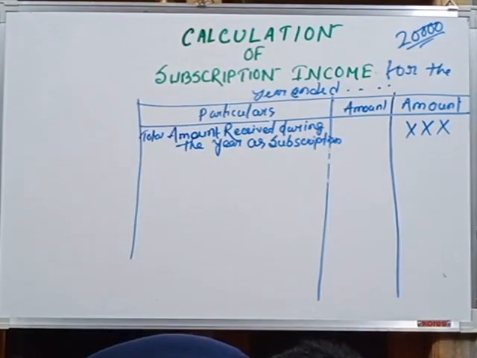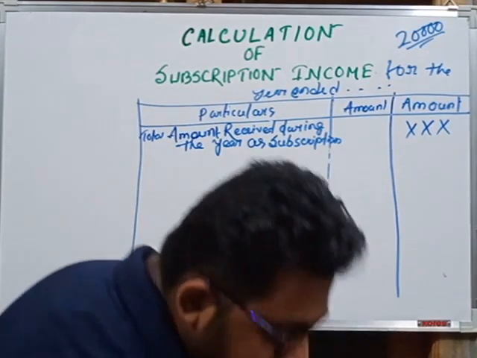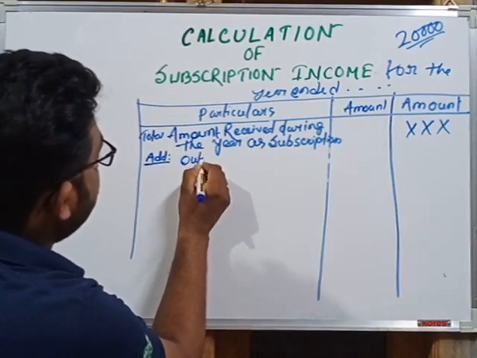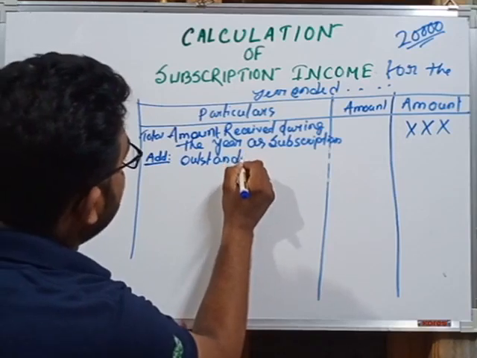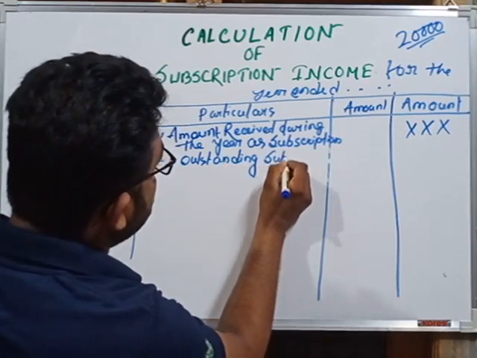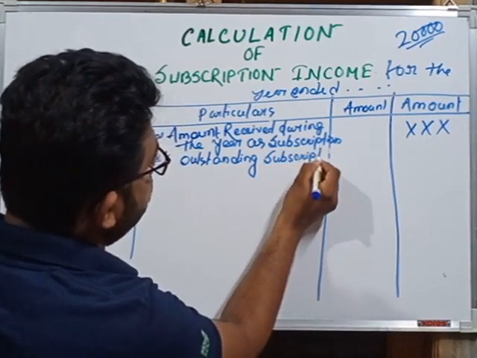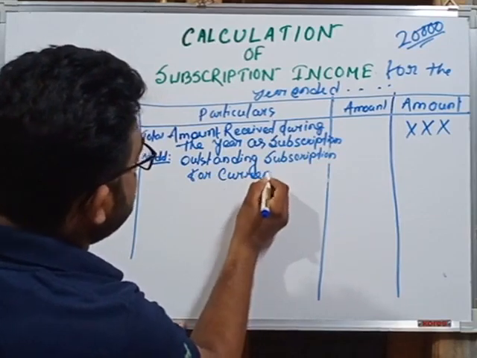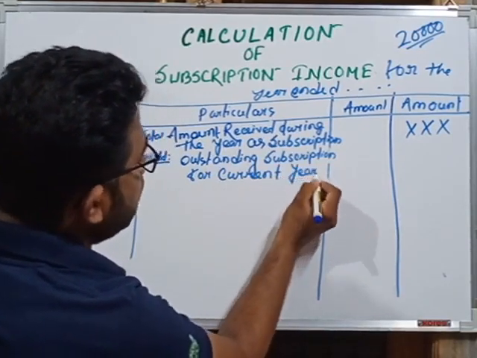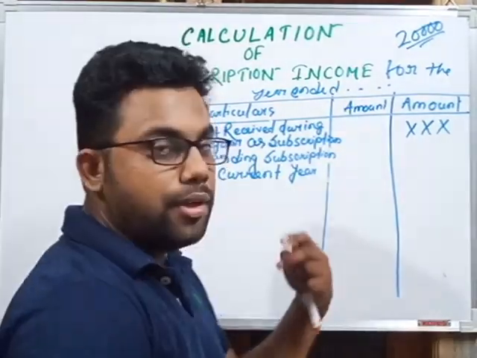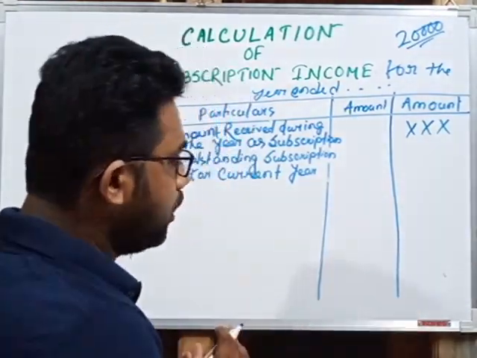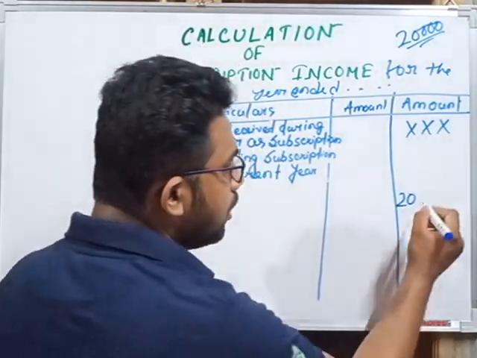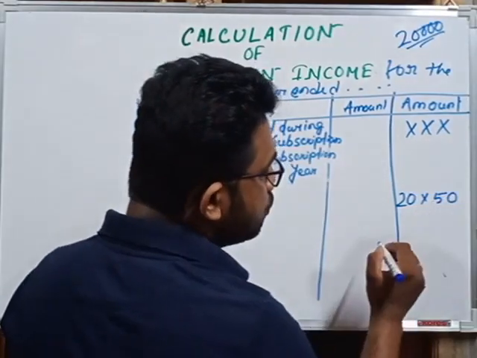Okay, next we have to add or less some items. So what are the adding items? First we add outstanding subscription for current year. Okay, this item we will add. Why are we adding this point? Because for example, in an organization there are 20 members and the amount of subscription is 50 each. So the total amount will be